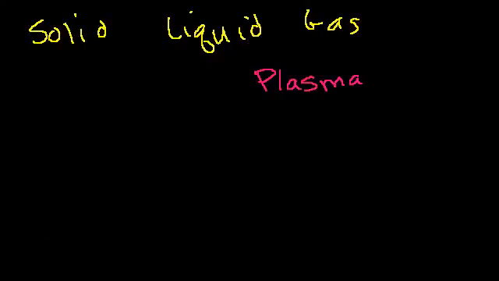Just so you know, when you first hear it, you think, oh, that's a fairly exotic thing, plasma. And in the first video, I said it only occurs at high temperatures, which isn't exactly 100% right. It doesn't have to be at high temperatures. I really should have said under extenuating circumstances, where you have a very strong electromagnetic field, or something has to happen to essentially bump the electrons off of gases that would otherwise have kept their electrons. So it's kind of analogous to what happens in metal.